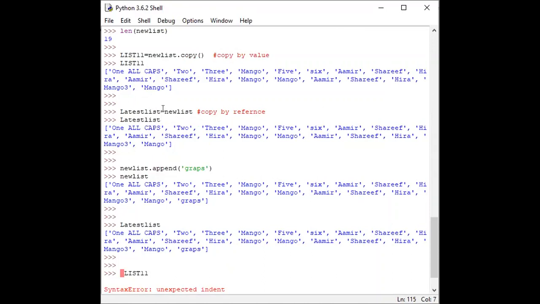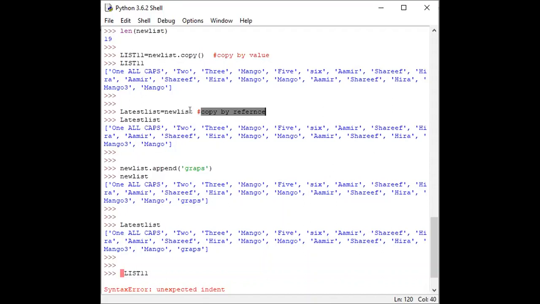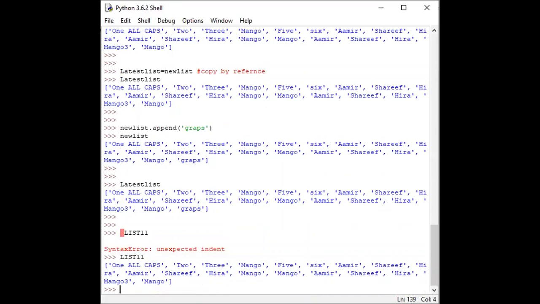But when we use the equal sign to copy the list to another list, in this way we copy by reference. Reference means whenever I change this new list, that always reflects in the list from which we copied it. So this is the difference between copy and using the equal sign.